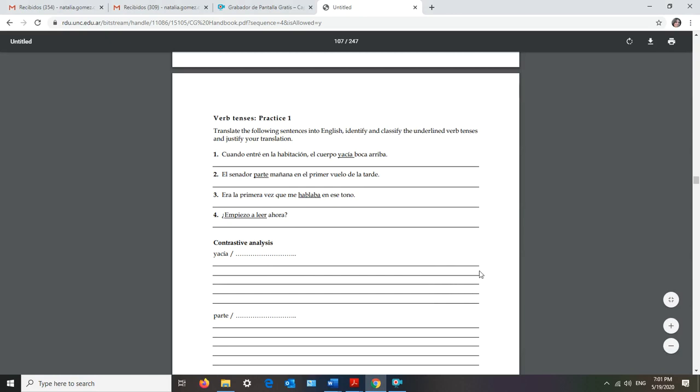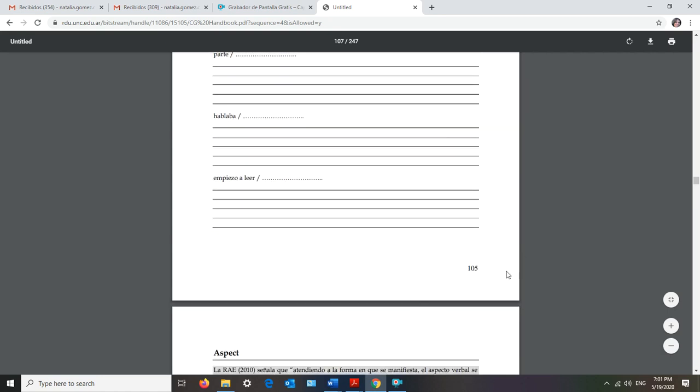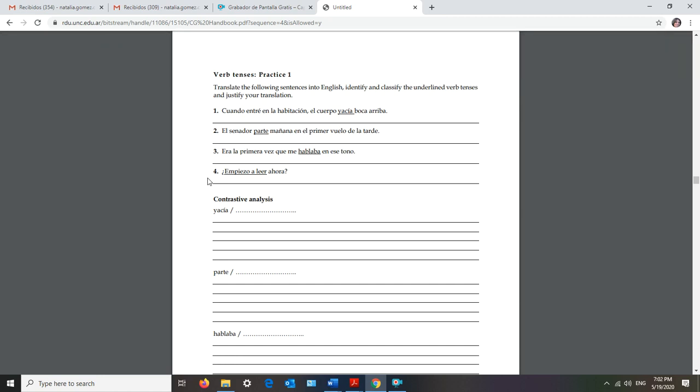This video is for you to access my model analysis of sentence number 4. This is page 105 in our handbook, so that you can have some key ideas in terms of what you should have in mind when producing the analytical justification of your work and the analysis of the original. Okay, always thinking in terms of the contrast that emerges between the two languages.